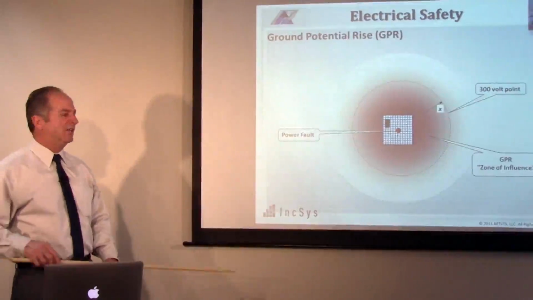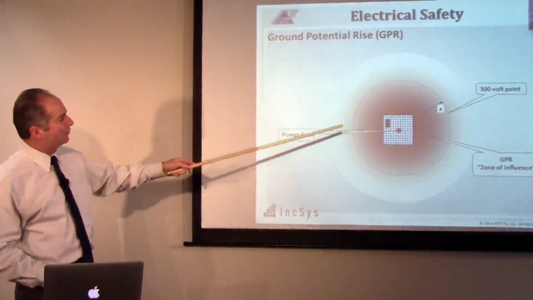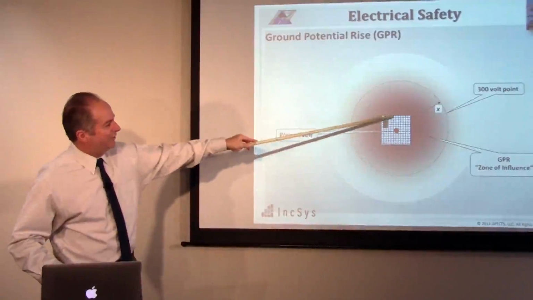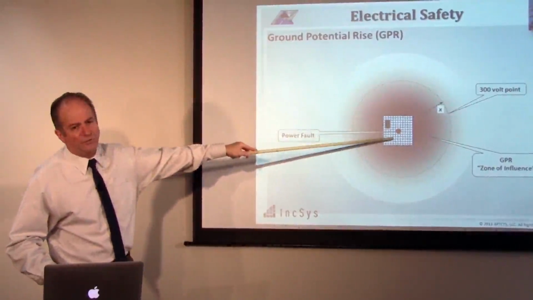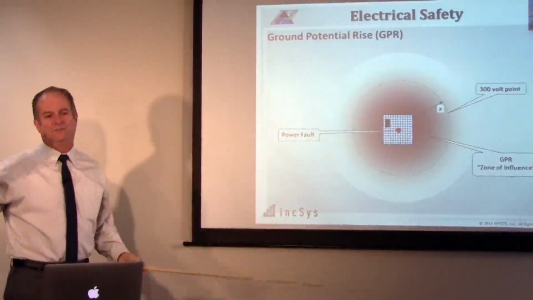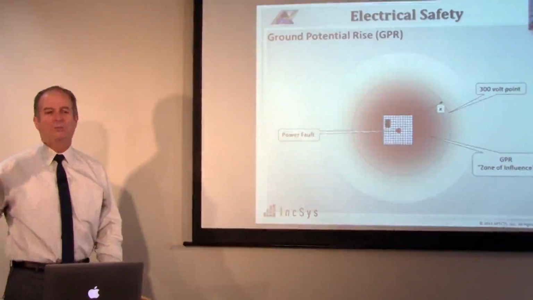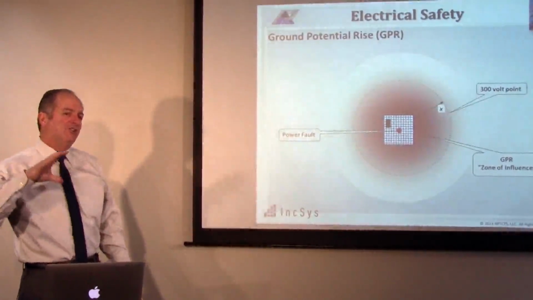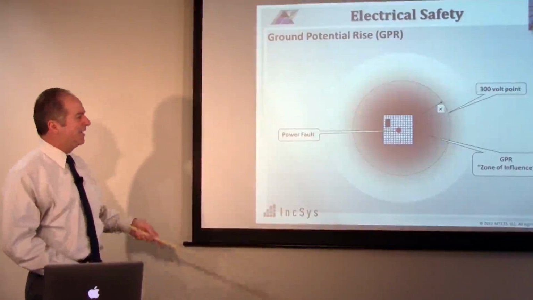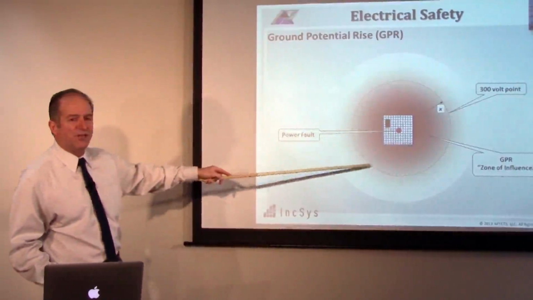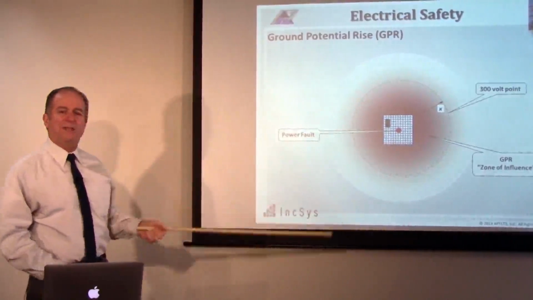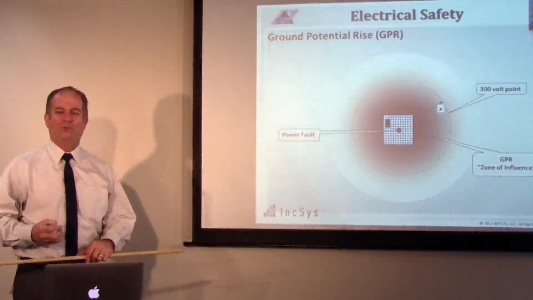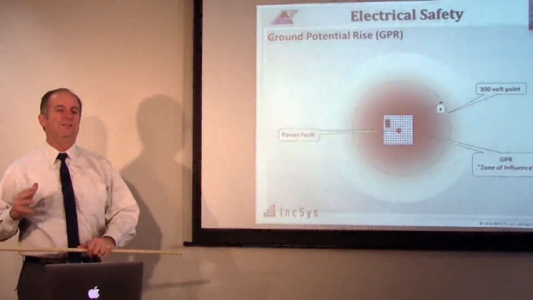Okay, and when that energy gets distributed out to the sources, it creates what's referred to as a ground potential rise. So here's a substation, here's the ground grid, there's a fence around it, there's a control building, and let's say there's a fault in a transformer, maybe a 120 kV transformer bushing just flashed over to ground, and we have a line to ground fault, and that energy is going into the ground grid, into the earth, and creating what's referred to as a ground potential rise. And maybe that ground potential rise is 20,000 volts, because the grid resistance when you measure it turns out to be 1 ohm, and then you have a